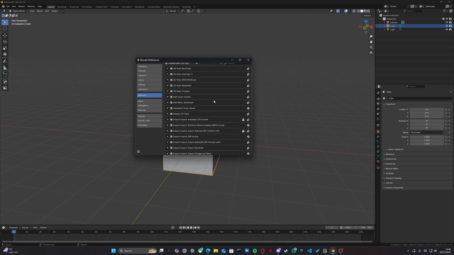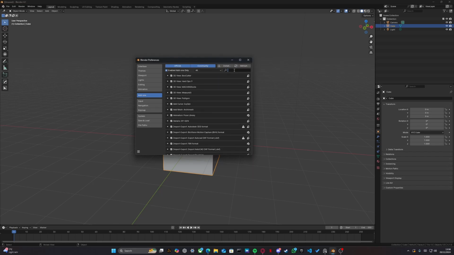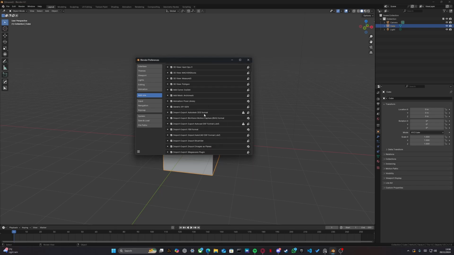Okay. So if you're going to make any architecture type stuff, Archimesh right here, that's brilliant. You want to add that. So search it up, Archimesh right there. Enable that. What that gives you is the ability to make interiors. It's amazing. I love it. Scrolling down,